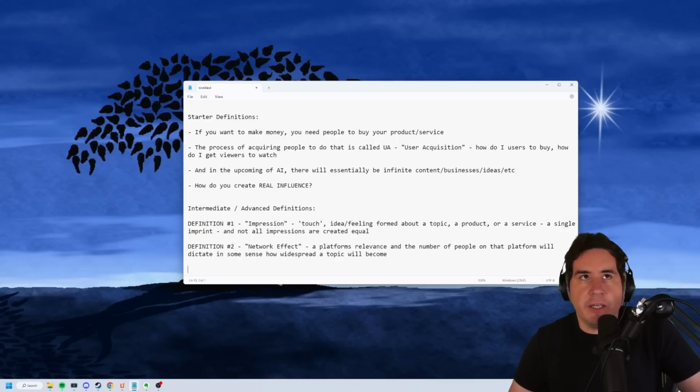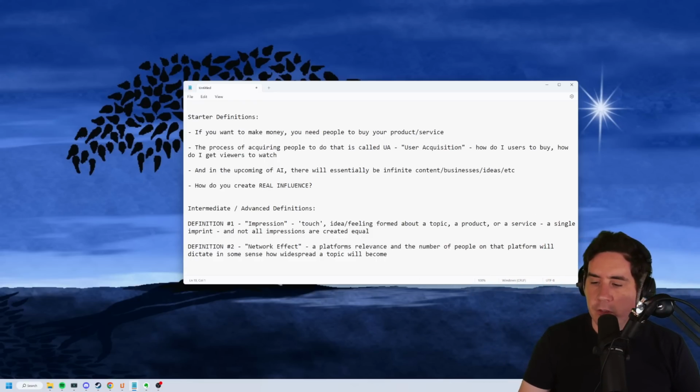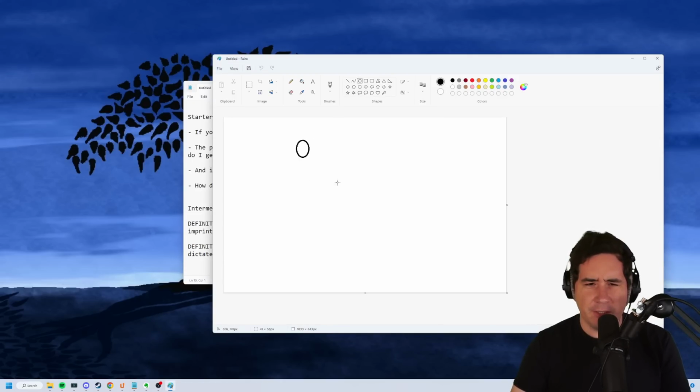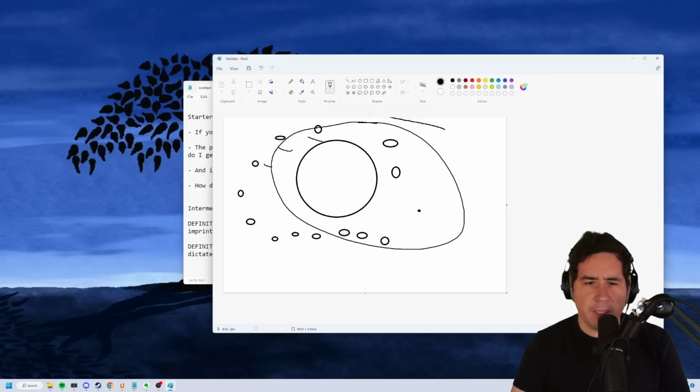Why? So let's take a topic like the VR industry again. The number of people on the platform that are talking about it, the network effect means that if you imagine and envision a circle, which we don't actually need to do because I can draw it. This is the second application that I use. If you imagine a circle and all of these people outside of it discussing this topic, the more people that are discussing this topic and feeding into this idea, the bigger this circle becomes.